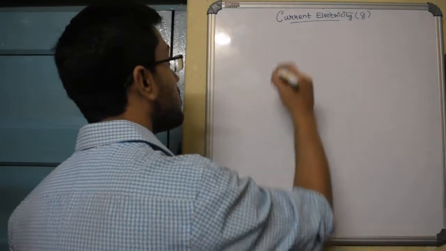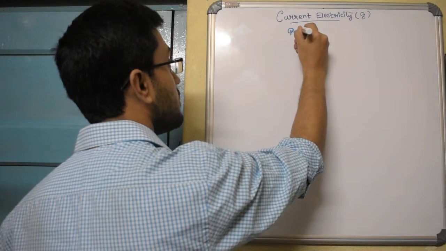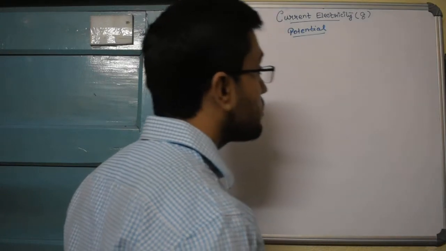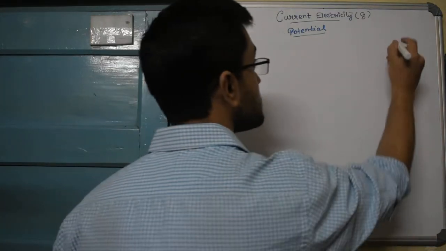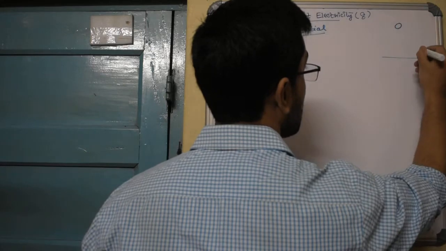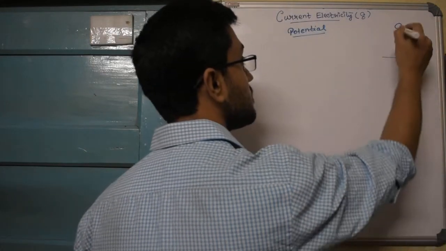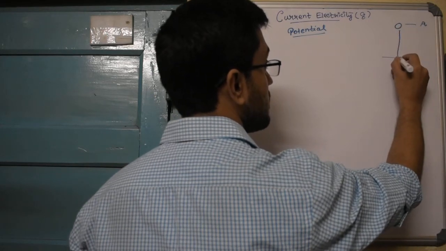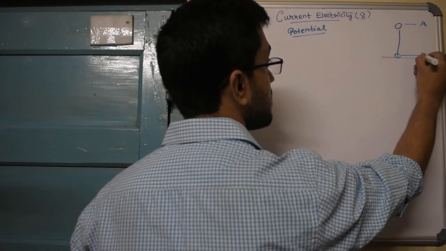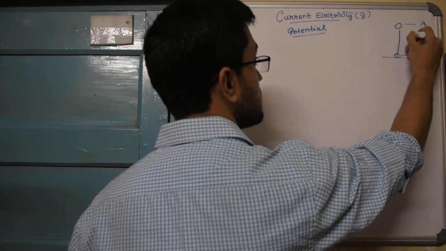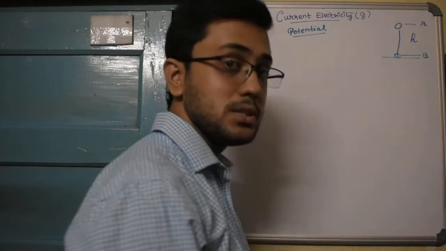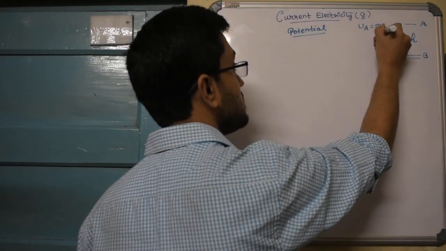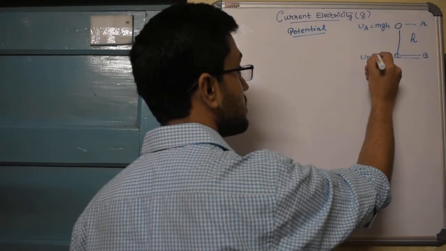We next go into the concept of potential. The potential is one of those words with which you are familiar. One of the areas where you have heard the word potential is potential energy. You have already done this in a previous chapter, that if a certain ball is dropped from a point A under gravity, it reaches a point B such that the height difference between points A and B is h. Then the potential energy at A is equal to mgh and the potential energy at B is 0.